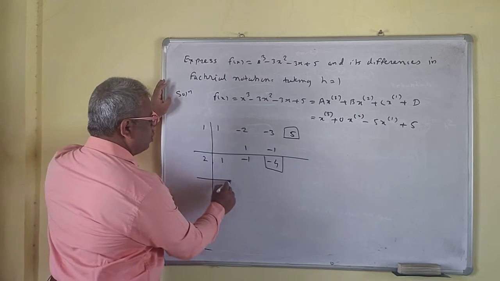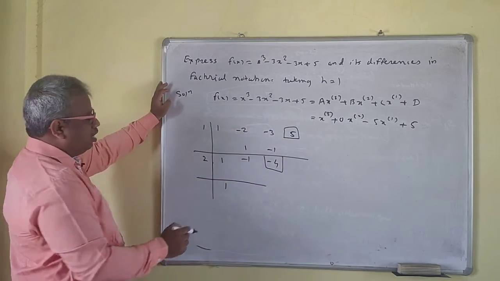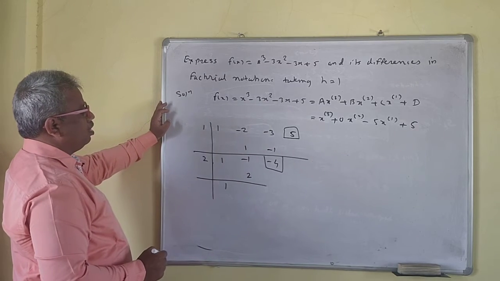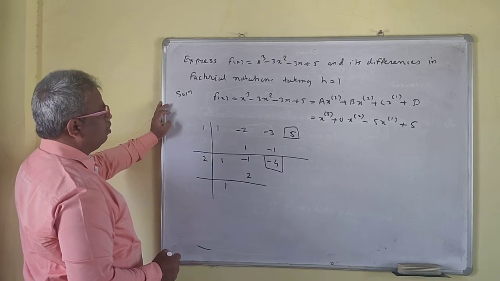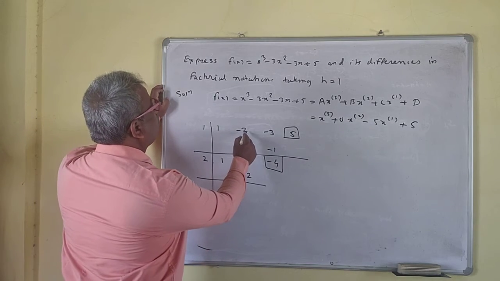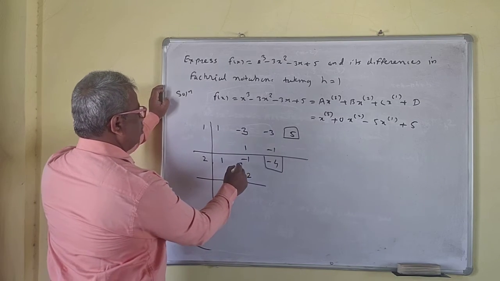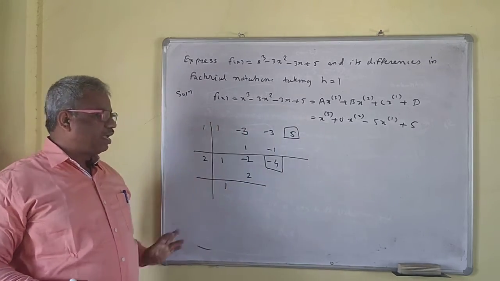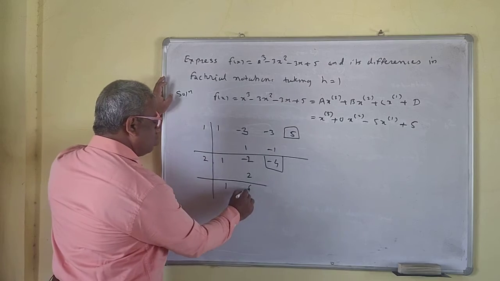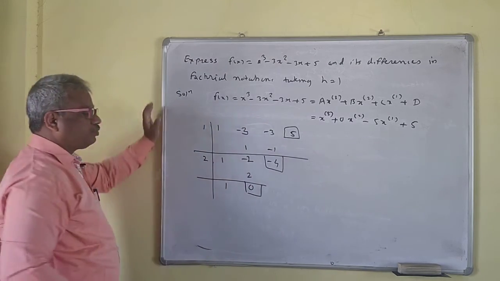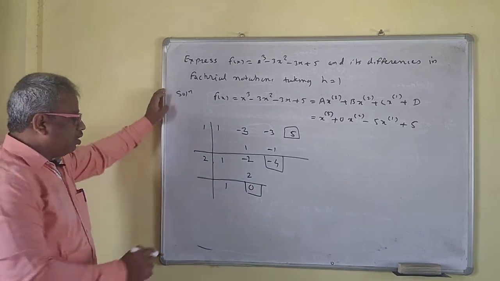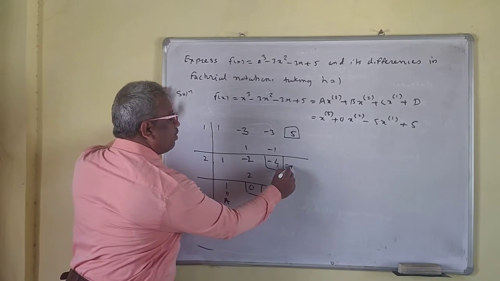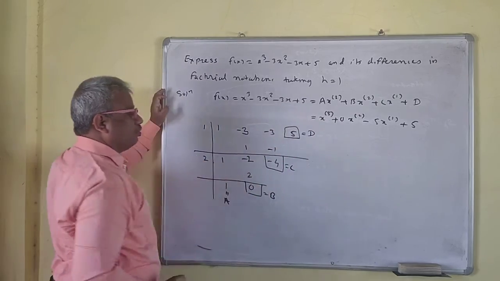Now you have to write 2 here, then this will be 1, then this will be 2, then this will be 2. So this is what? Oh, this is minus 3. Okay. So this is what then? Minus 2, because the coefficient of x is minus 3. So this is minus 2. This is 0. Okay. Pack it. So only a single term remains. So this is the value of A, this is the value of B, this is the value of C, this is the value of D.